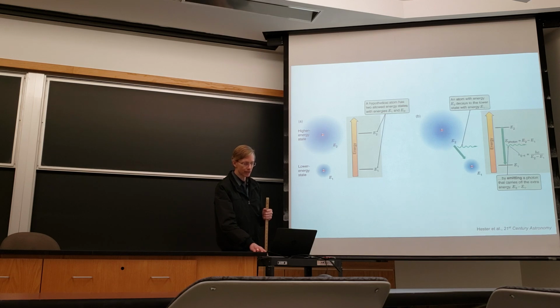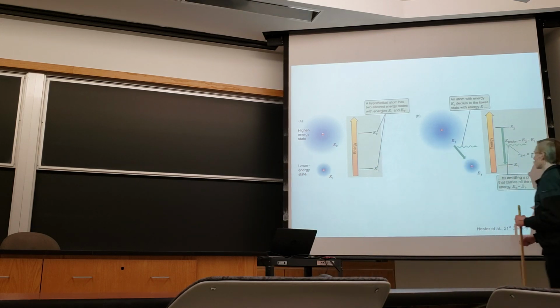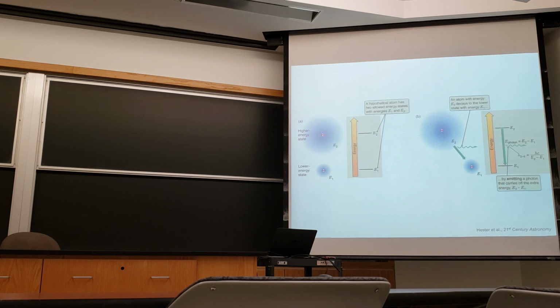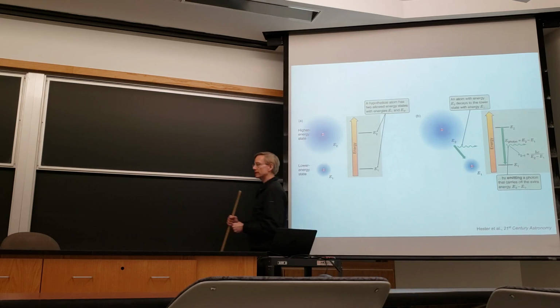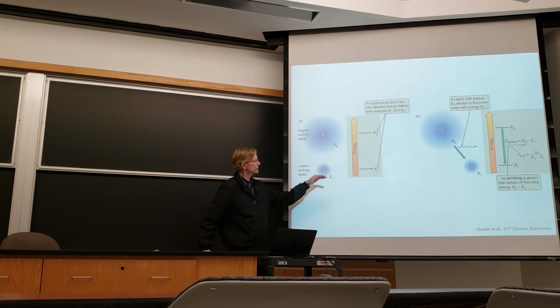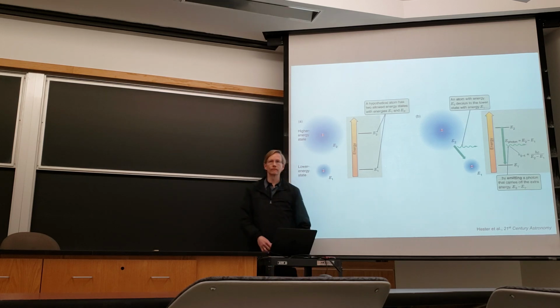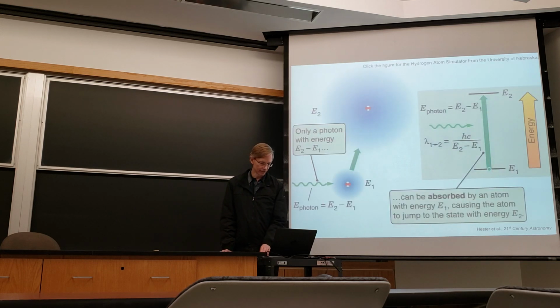atoms, the electrons in atoms only are allowed to have certain energies, and they can absorb photons to move up in energy, or emit photons by moving down in energy, and they emit and absorb photons only of wavelengths such that their energies are equal to the differences in energies between various levels inside the atom. And